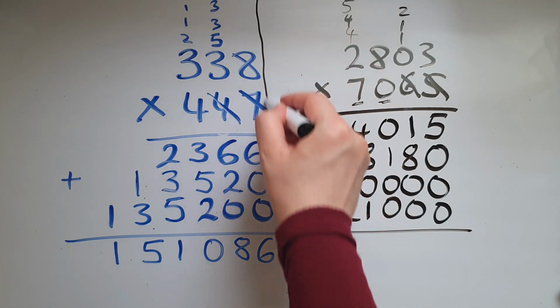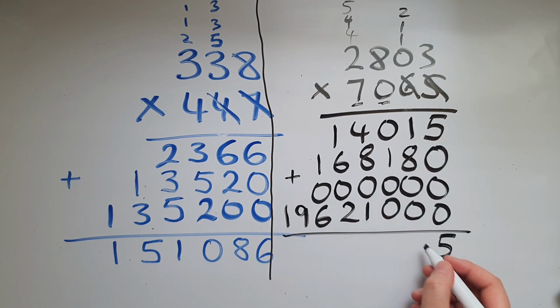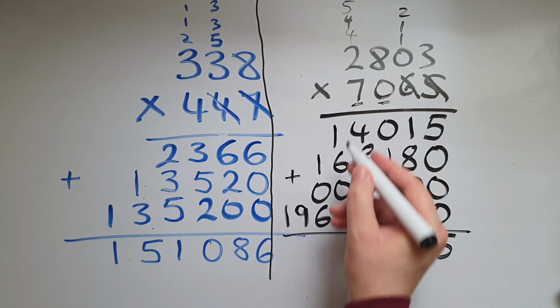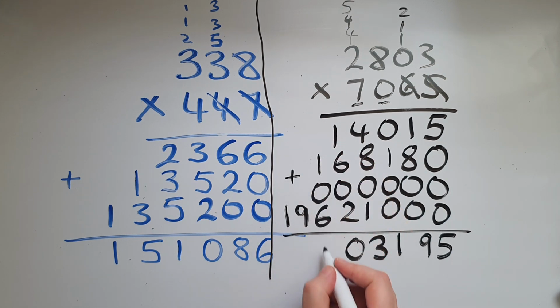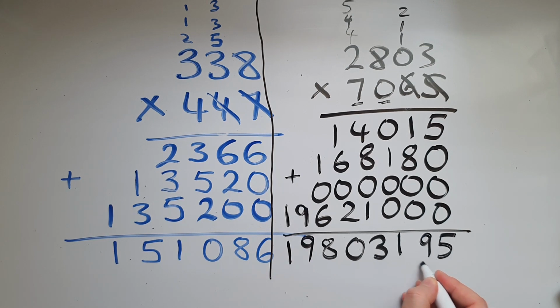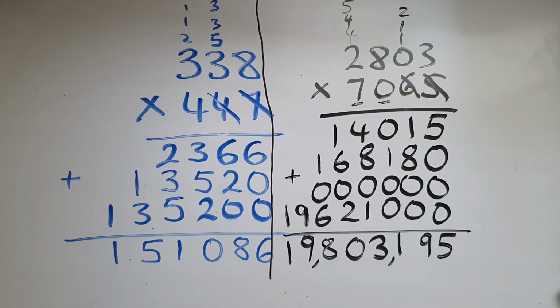Adding all of these together now, we get 5 here, 9, 1, 13, 8, 10, 8, 9, 1. So 1, 2, 3, 1, 2, 3, 19,803,195. I hope this has taught you how to multiply, because multiplication is really needed in everyday life when it